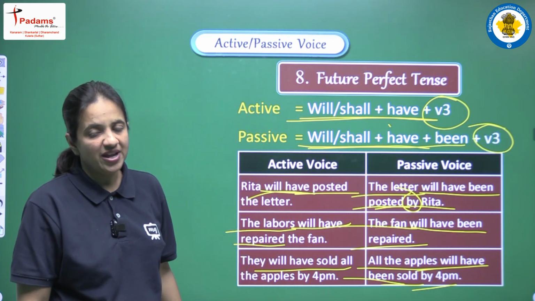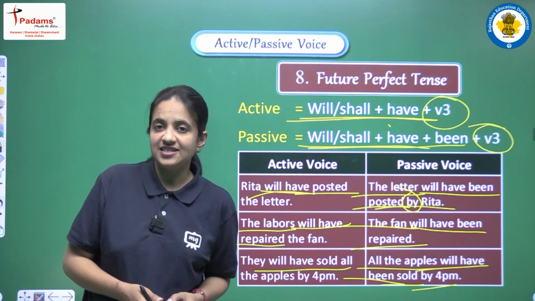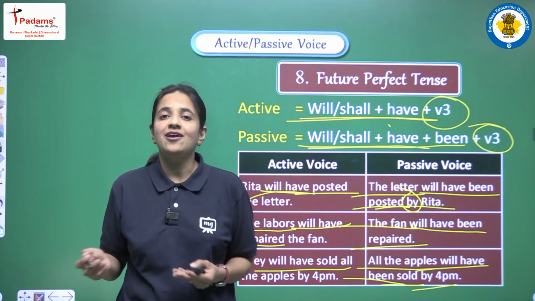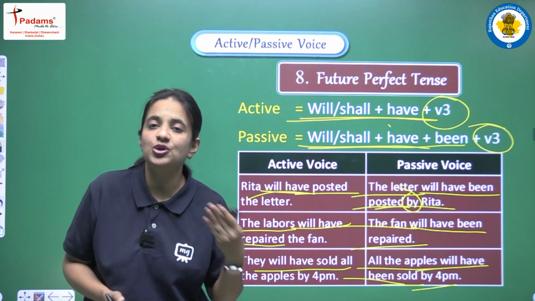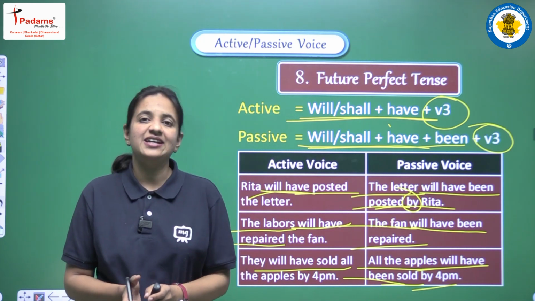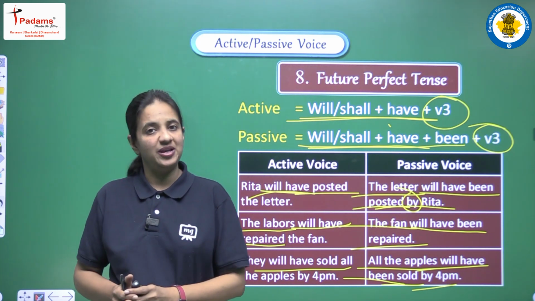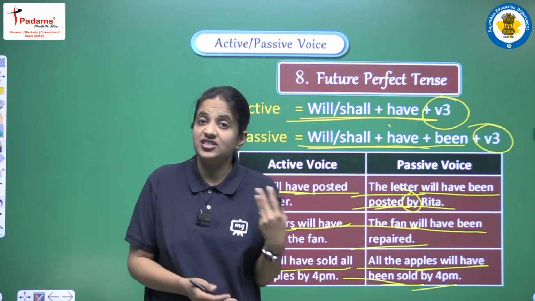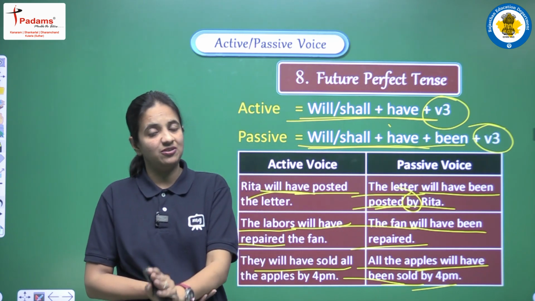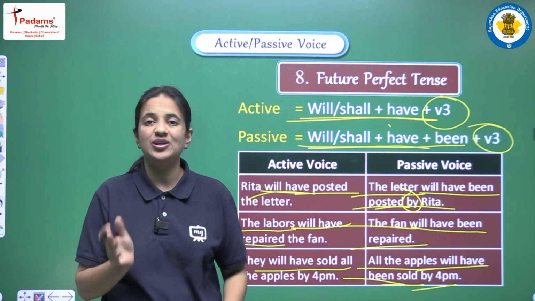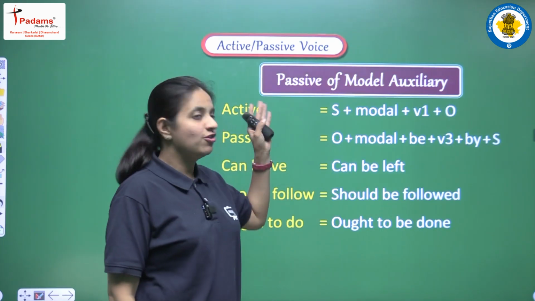Okay, so now we have discussed the different tenses, and we have discussed that when these tenses are there in the sentence of active voice, then when we are converting the sentence into passive voice, what helping verbs we have to use. And students, remember this thing, that as a main verb you have to write only and only the third form of the main verb. So we cannot change the tense, we just change the helping verb, because it is clear that we have to use only the third form of the main verb.